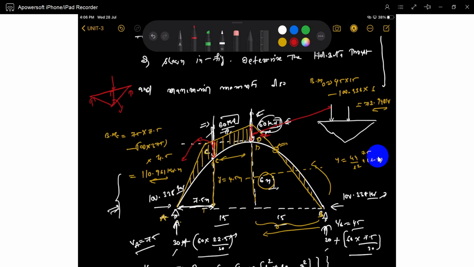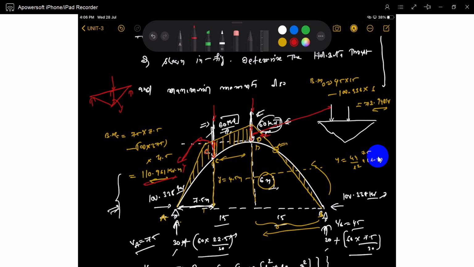If you observe clearly, the maximum positive bending moment has a chance at the application of the load. There is one application of load, and another application of load. We calculated both locations. You will observe the maximum bending moment at point C. That bending moment is 110, which is positive.